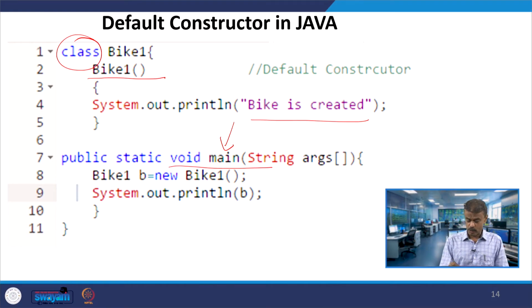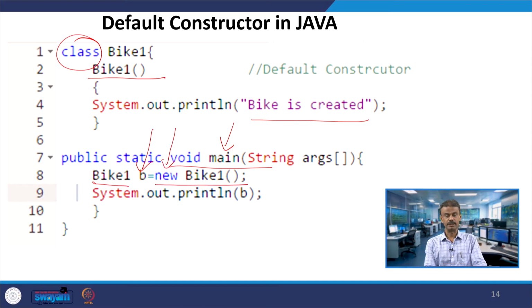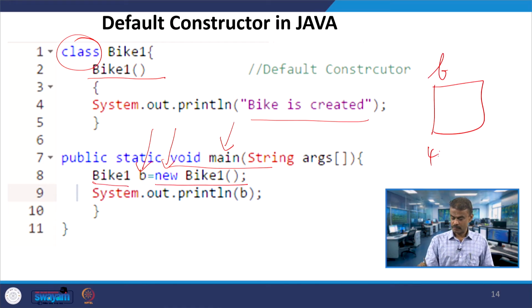So, now here you are creating an object. It is slightly different from our usual C++. Everything is dynamic in Java. Here you have an object b under the class bike1 and dynamically you are creating memory for bike1. So, new is the operator for dynamically allocating memory, the new operator, and bike1 is the constructor, correct. So, this object b will be in some address, right.